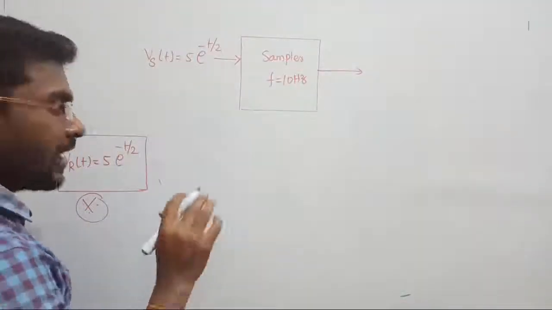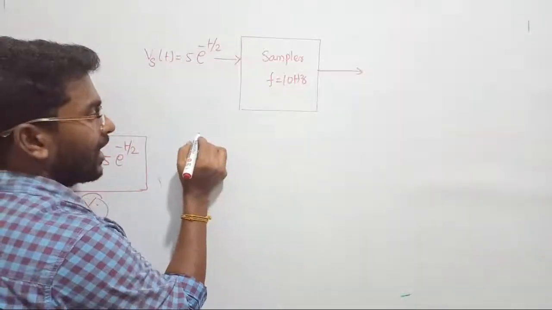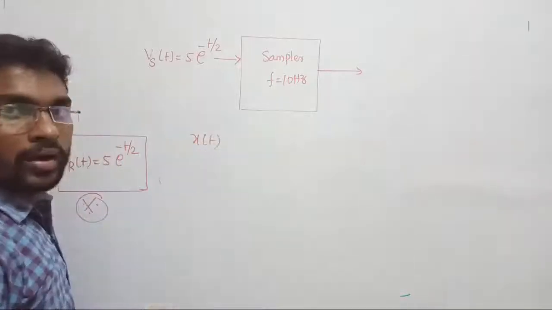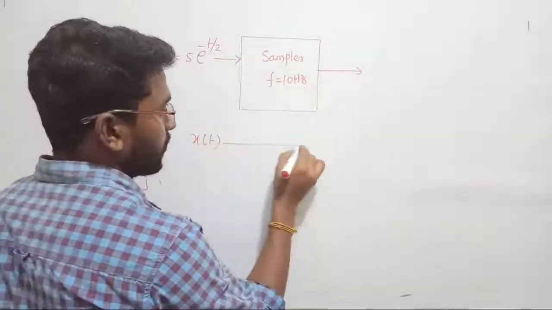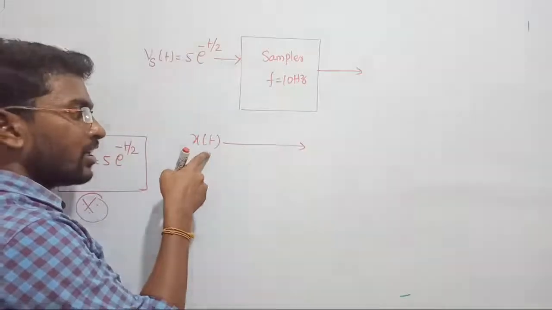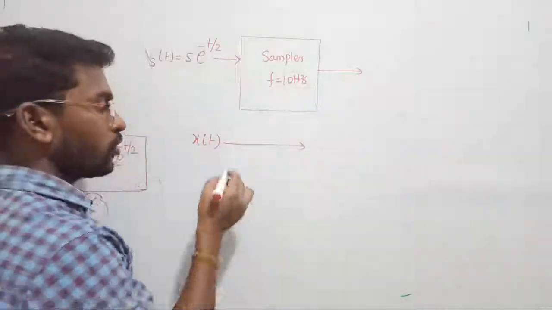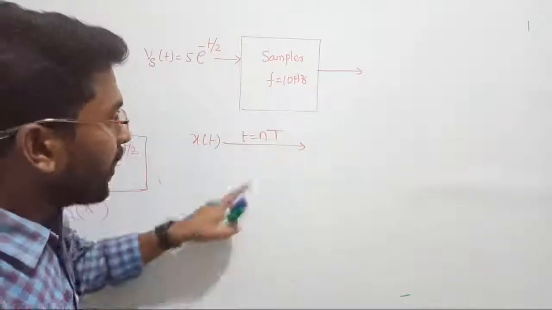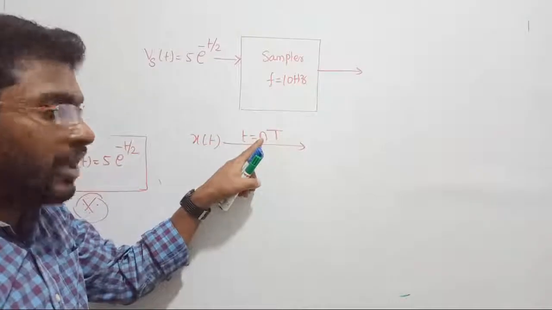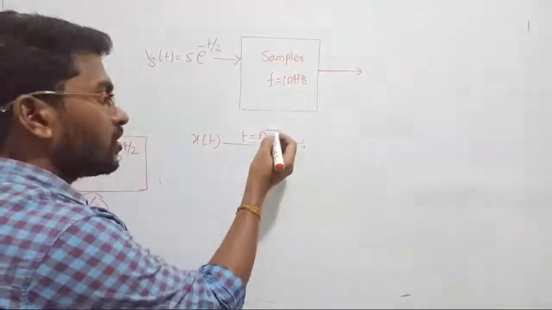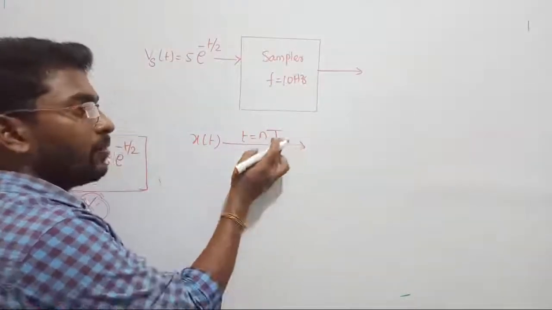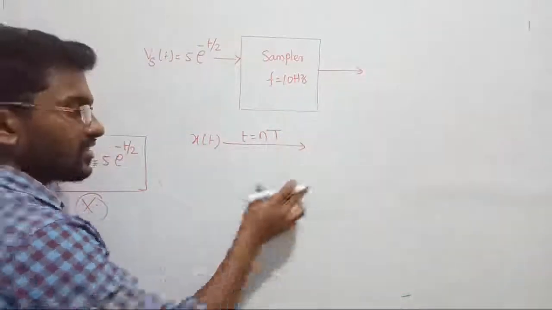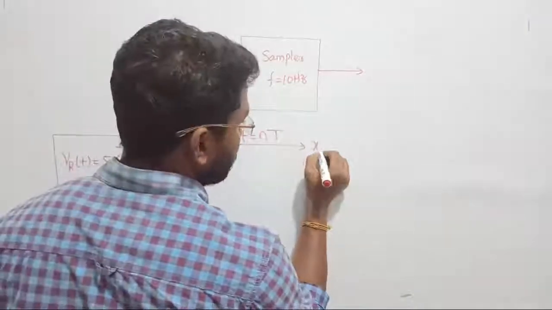So let us proceed. Listen guys, listen. If you have any signal in the continuous domain as x of t, you would have seen this in basic signals, where I taught it. To transform the signal from the continuous domain to the discrete domain, this t will be replaced by n into T, where n denotes the discrete domain value. In the discrete domain, T denotes the sampling interval, the time period. That is the fundamental time period of the discrete domain signal. So generally it will be denoted as x of n finally,